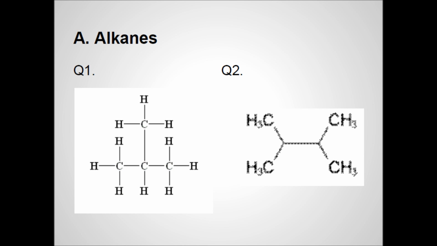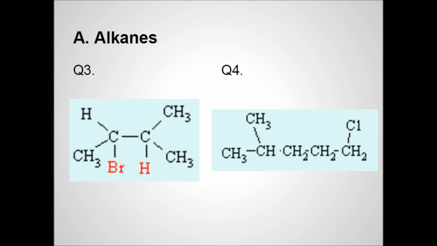In question number 1, the parent line has 3 Cs and 1 branch carbon is connected to the second line. Therefore, it is going to be 2-methylpropane. Question number 2. The parent line has 4 Cs and there is 1 carbon on the second and third lines connected to the parent line carbon. Then it is